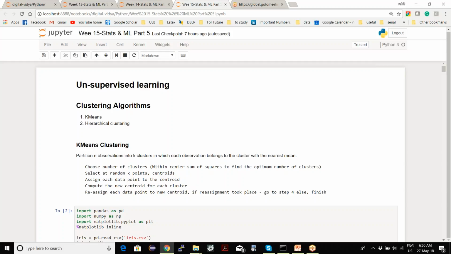So just a recap, if you are a bit confused about what unsupervised learning was: we don't have the labels of the output.